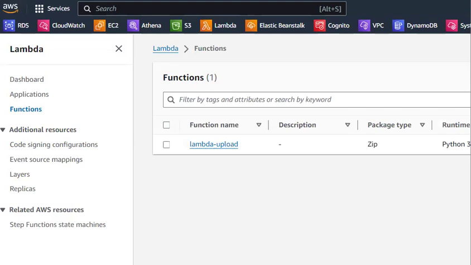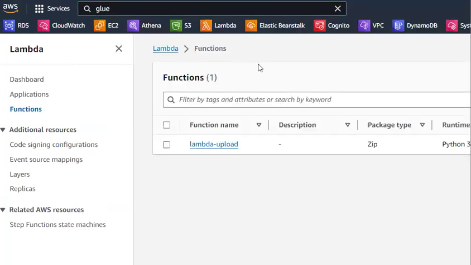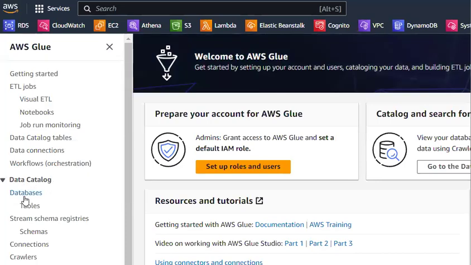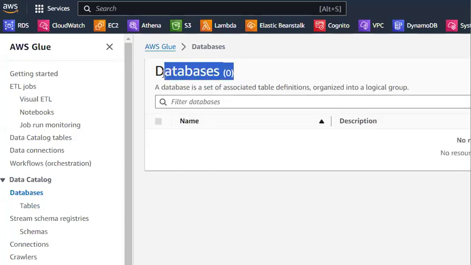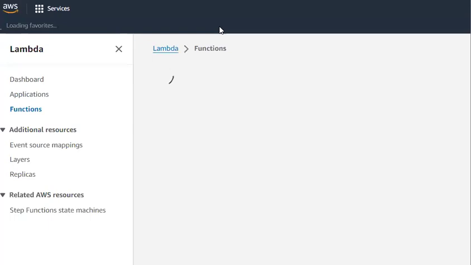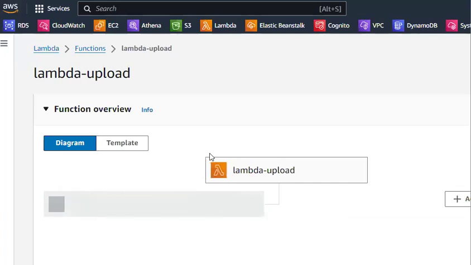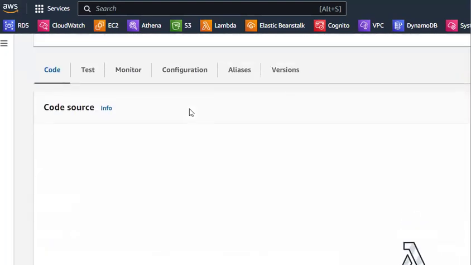And in order to create a Glue Data Catalog, now let's verify, do we have any Glue Data Catalog? I'm just opening that. Before writing my Lambda function, I'm showing you under Glue Data Catalog. I'm opening databases. You can see, do I have any databases? No, zero databases. Now I will write code in Lambda to create that Glue Data Catalog and upload the processed event data into my S3 bucket as well. So for that,